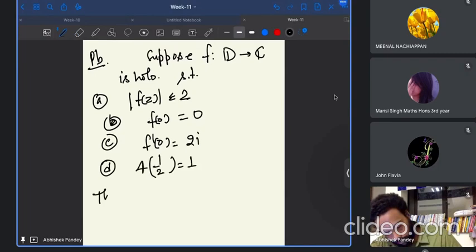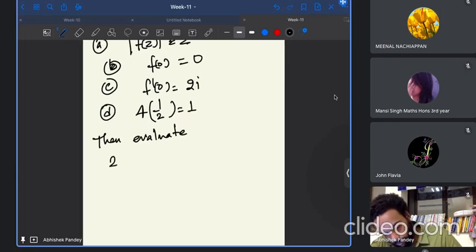Then evaluate 25 times modulus of f of 1 by 5